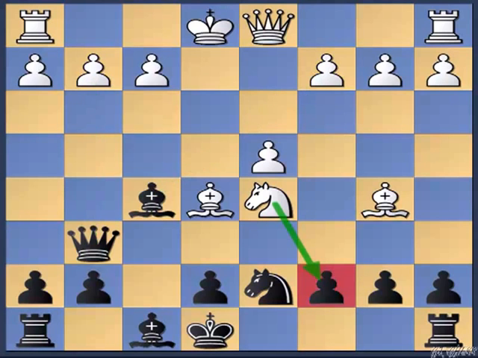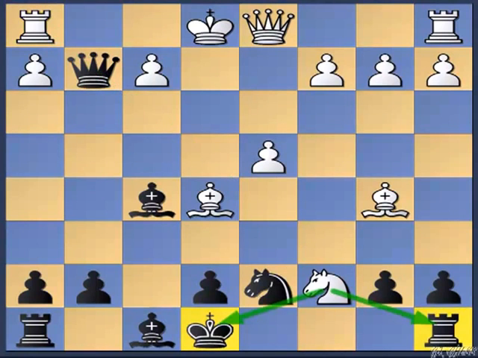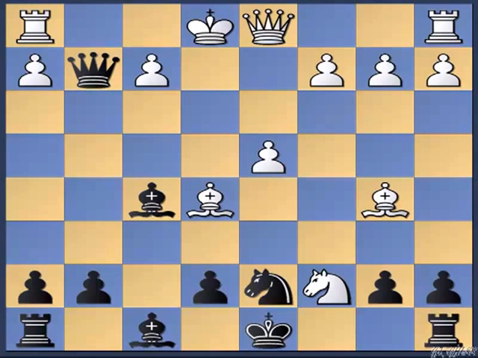So knight cross d5, so it has a threat of knight cross c7, but this can be parried with a fantastic move, which is queen cross g2. So attacking the rook, attacking the knight. So first obvious move is knight cross c7, but here we can play king to d8,